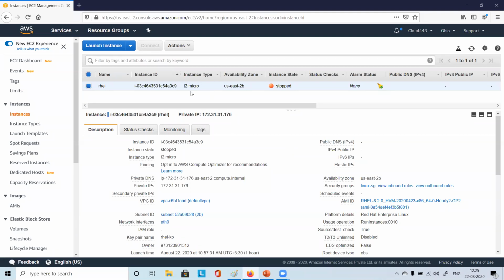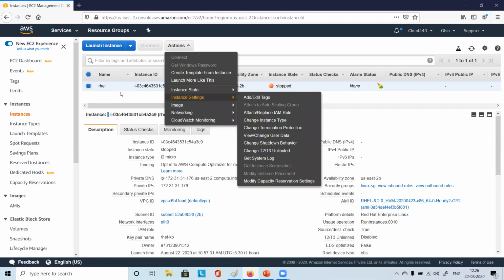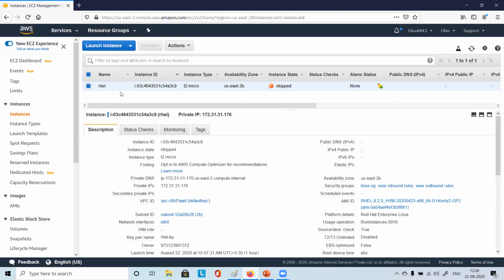So what happened? It is called scaling down. I have scaled down my instance because that much requirement is not there. I scaled it up due to a huge requirement, and then when I had no requirement, I scaled it down. So what you have to do, simply scale up and then go to action and start, and it will start your instance with the new memory and CPU. Easy, right?